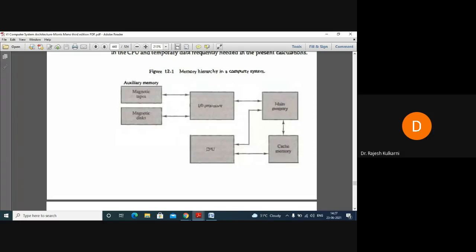Which is the smallest memory? The registers in the CPU are the smallest memory, so naturally they are the fastest. Which is nearest to the CPU? Registers are the nearest to the CPU. So nearest to the CPU, fastest, smallest, with very limited functionality, are the characteristics of register memory. The next fastest, next smallest, next costliest is the cache memory.